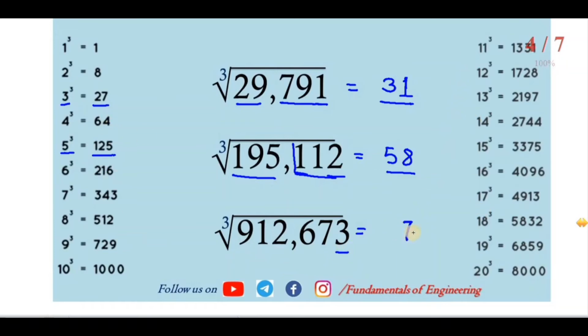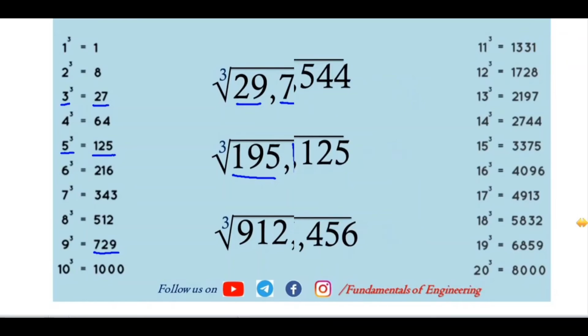So if 3 is there as the question's unit digit number, the answer's unit digit number will be 7. Don't consider these 3 numbers. Next 3 numbers, 912. Before that, which one is the perfect cube? You can see 1000 is higher than 912. So earlier 729, which is the cube of 9. So 97. So step 1, step 2. In step 1 we have to find out the unit digit number, and based on that we write down the unit digit number, and next we need to find the perfect cube number which is near to that number.